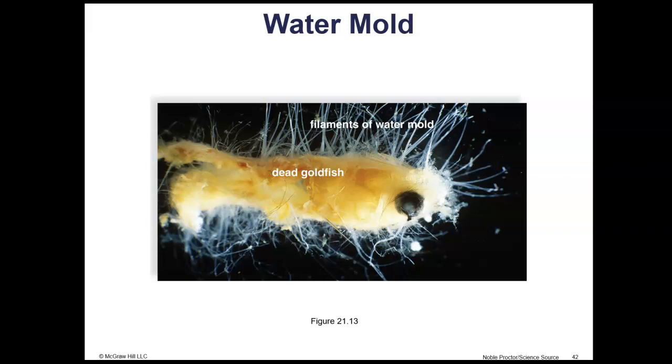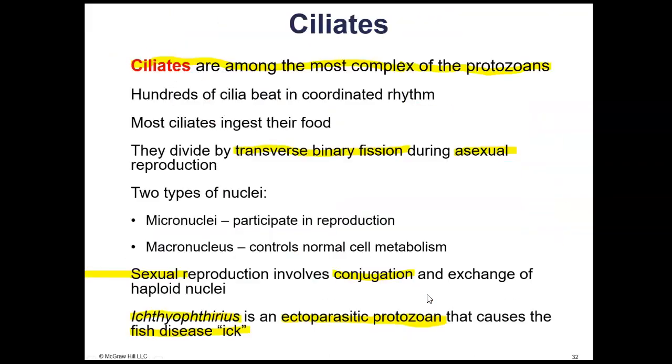This is part 3 and the last lecture for chapter 21. We were covering the supergroup Chromalveolata. We had covered the alveolates because the Chromalveolata are divided into alveolates and stramenopiles. And for the alveolates, we'll go back, that included